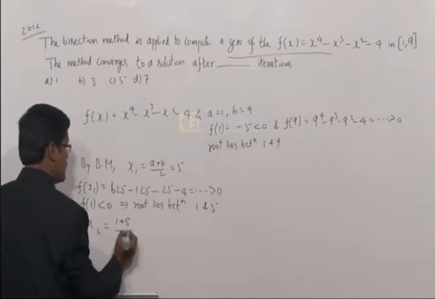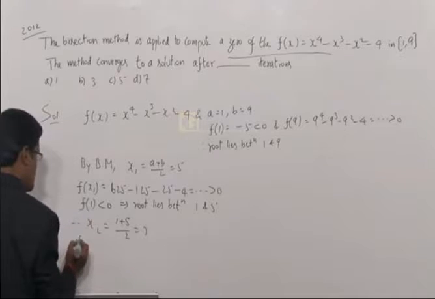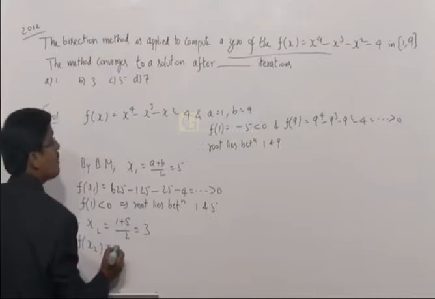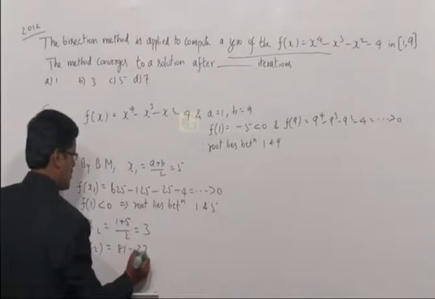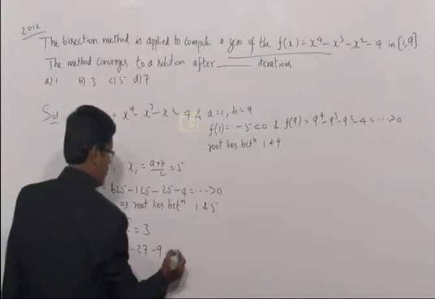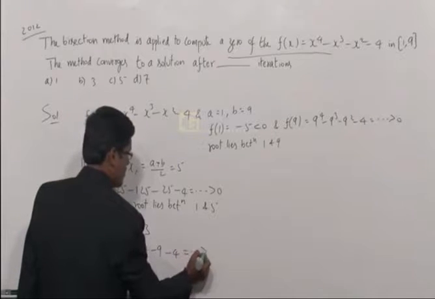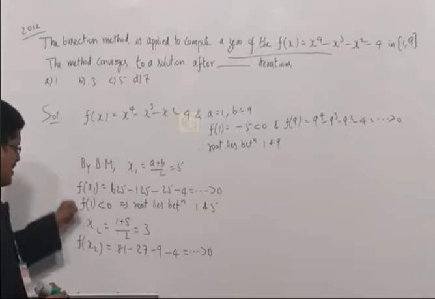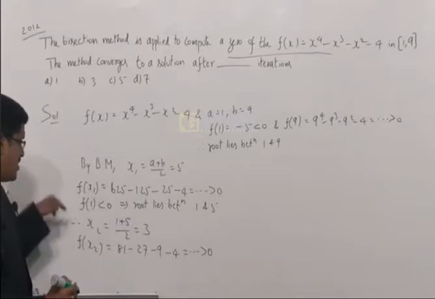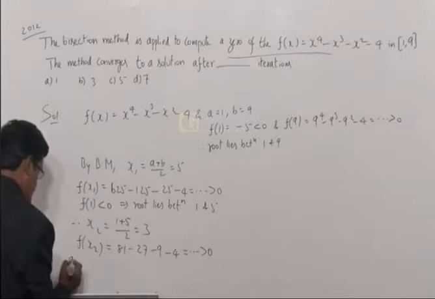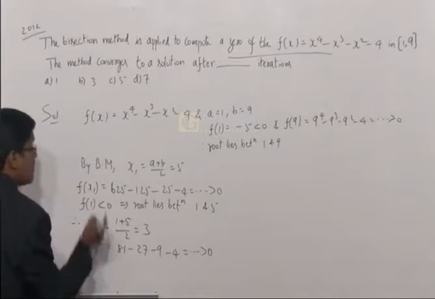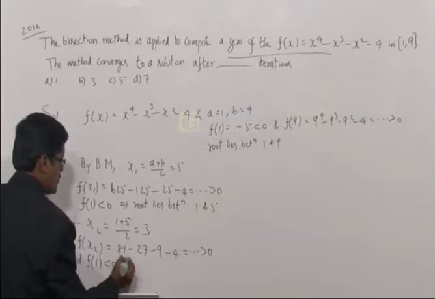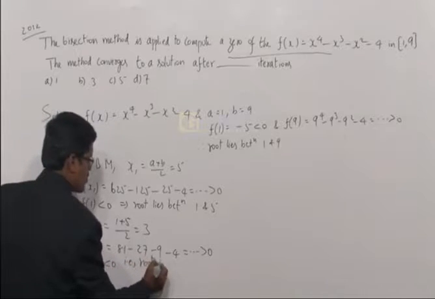1 plus 5 by 2. This is 3. Immediately find its function value. 3 power 4 is 81, 3 cube 27, 3 square 9 minus 4, whatever it may be, I am not simplifying, but I can say greater than 0. So again, in all the previous iterations, you find the latest function value less than 0. In the previous steps, we have only f1 less than 0. That is your latest interval, that is, the root lies between